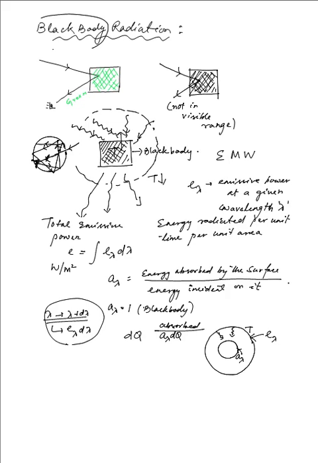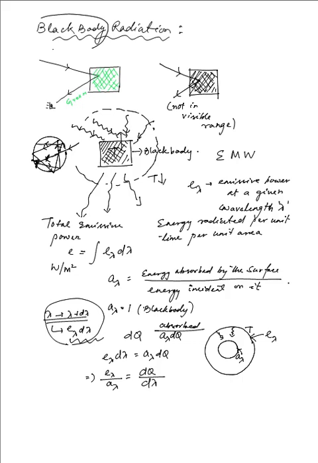And with that amount of energy absorbed, obviously it will be absorbing that amount of energy that was given to it, and the energy that was given is obviously this one, that is E lambda times d lambda, which is equal to A lambda times dq. So what we have over here is a ratio of E lambda over A lambda, that is the emissive power to the absorptive power, and that is equal to dq divided by d lambda.